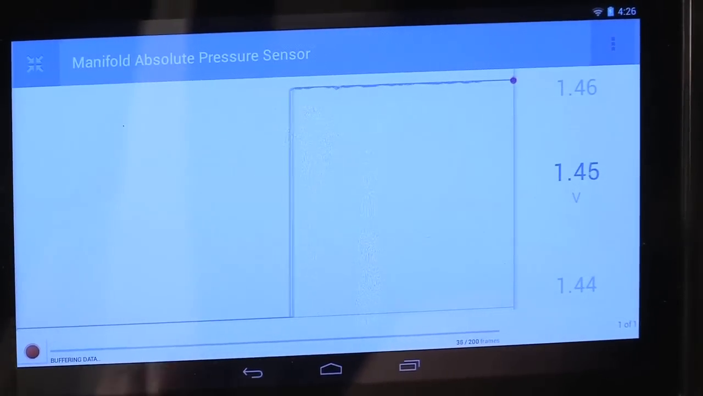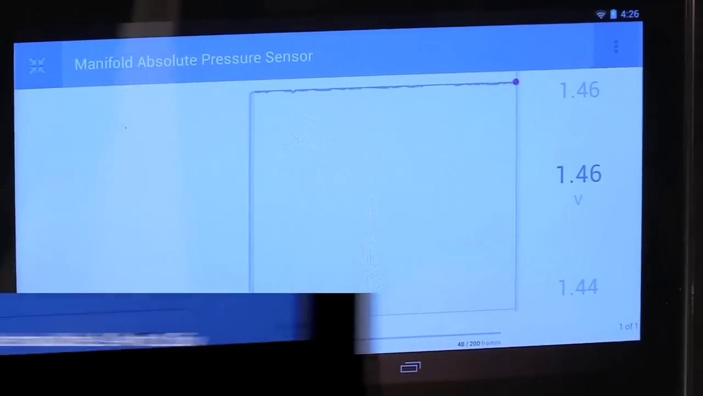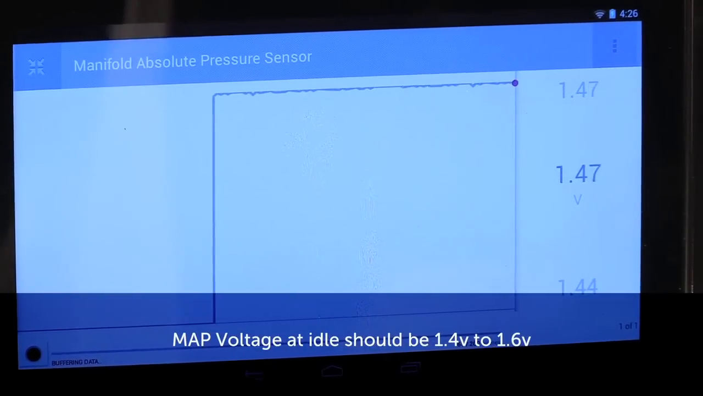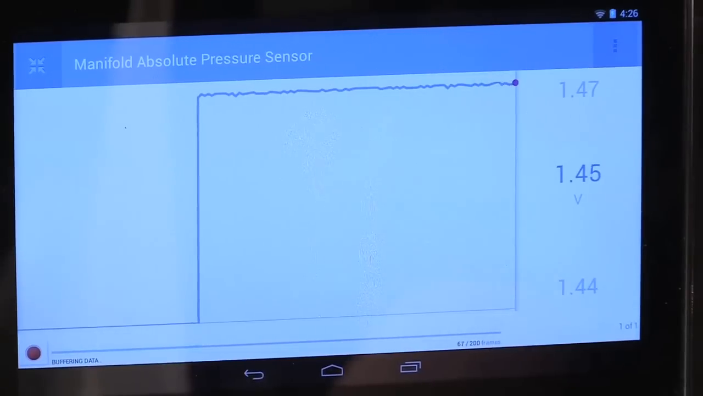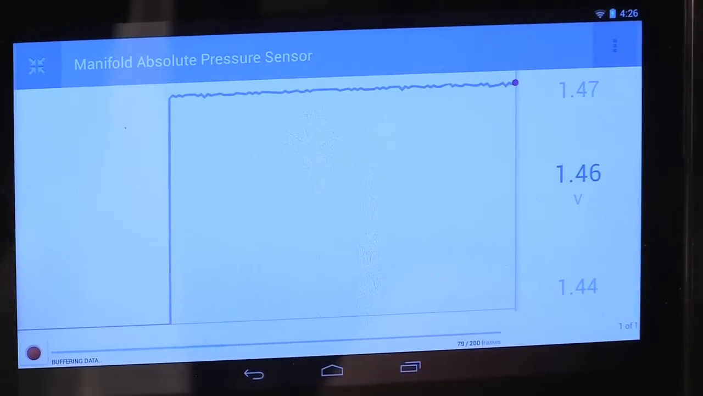You'll notice what I'm looking at right now is my MAF voltage, which is supposed to be, with the engine running at idle at operating temperature, between 1.4 volts and 1.6 volts. If you look, I'm running at about 1.45 to 1.46 volts, which means my engine is in good working order,